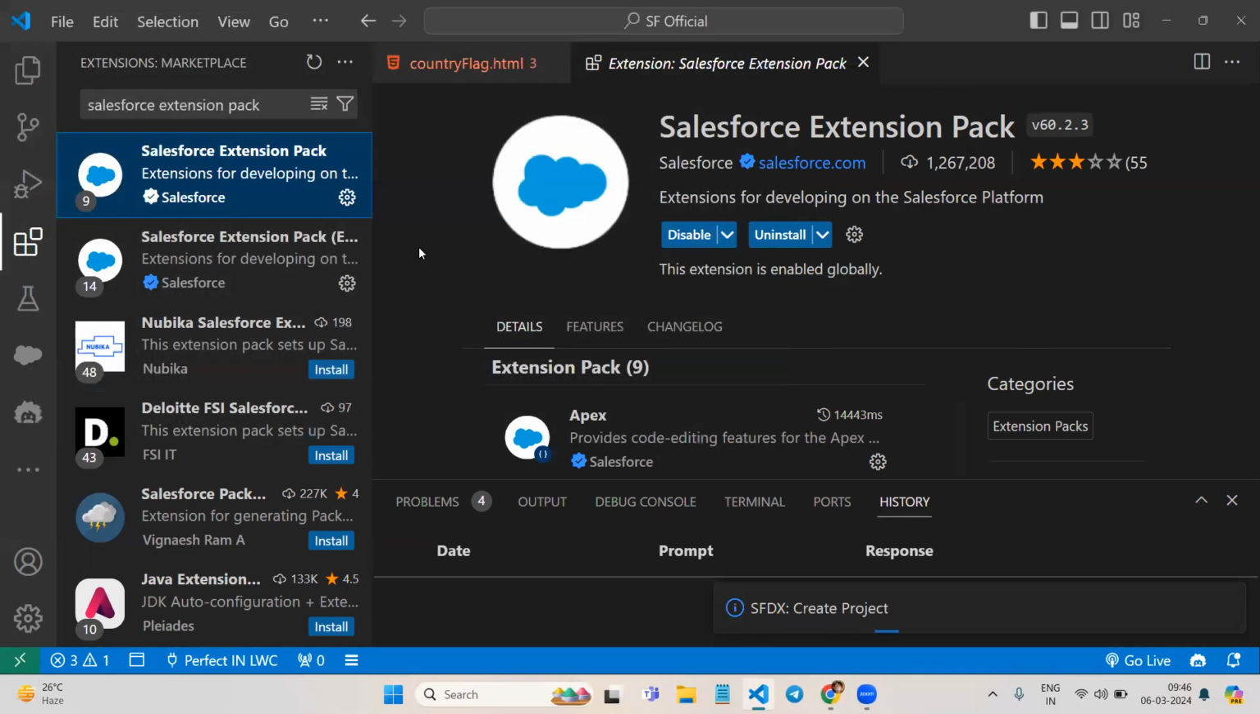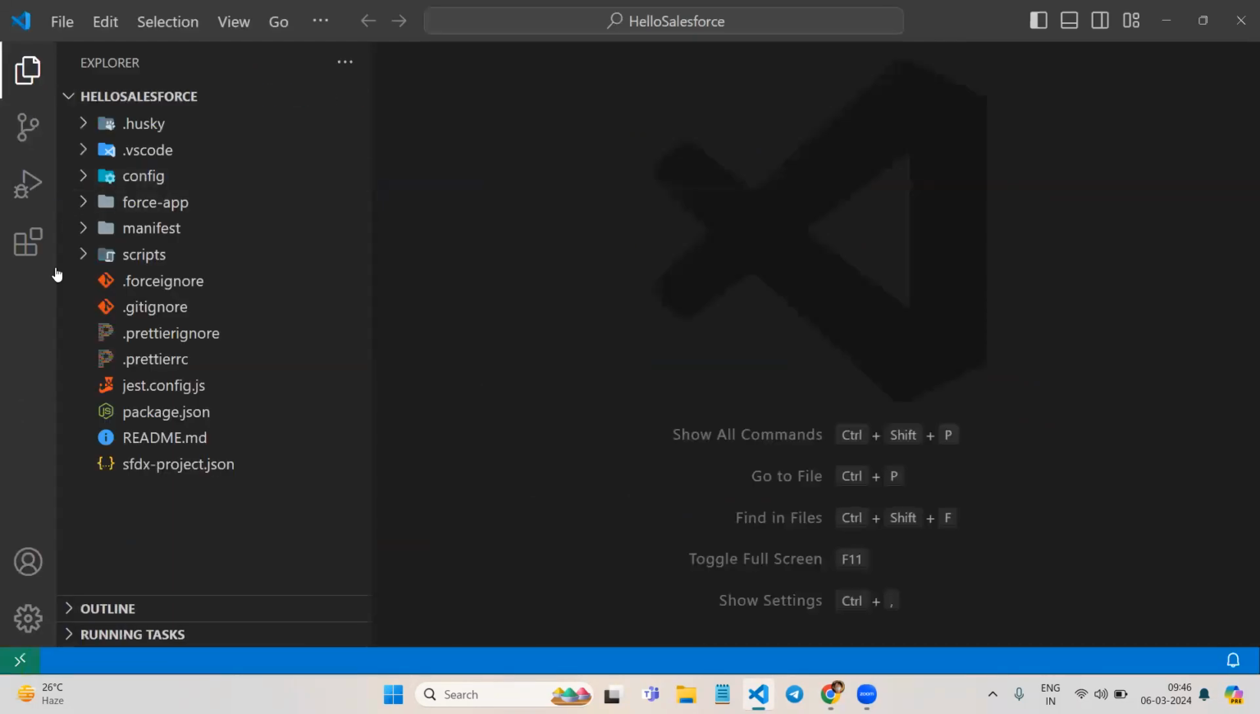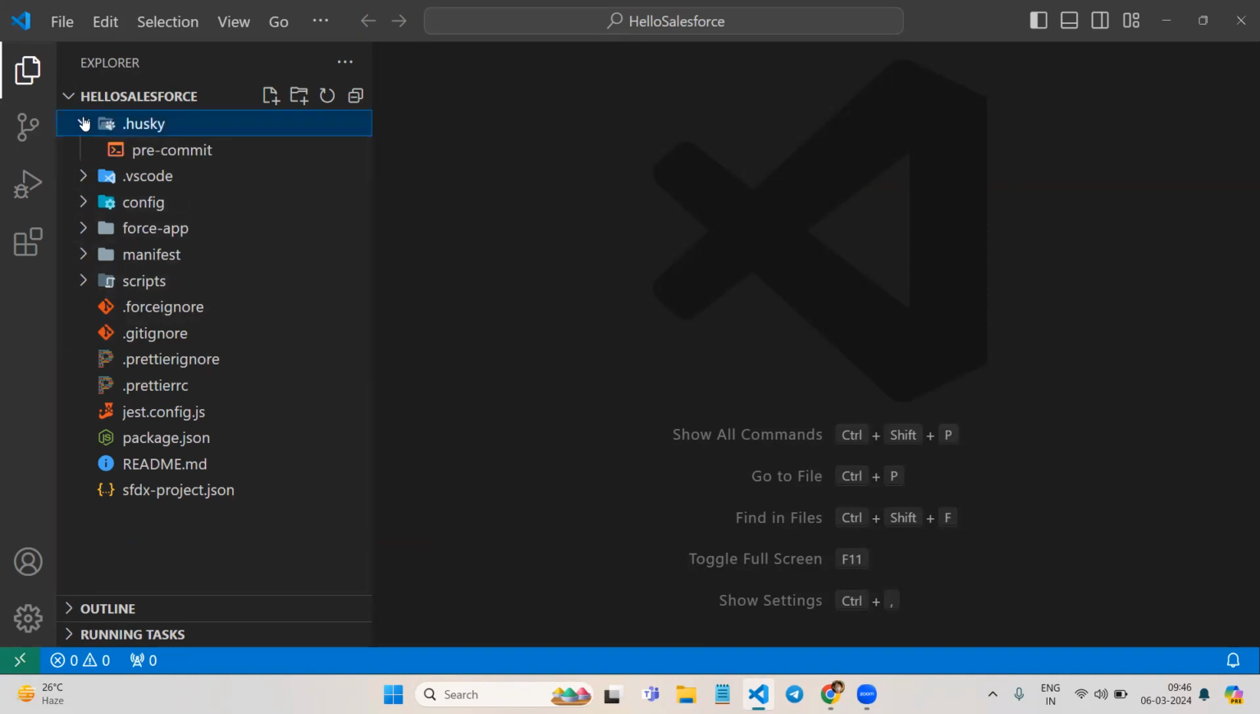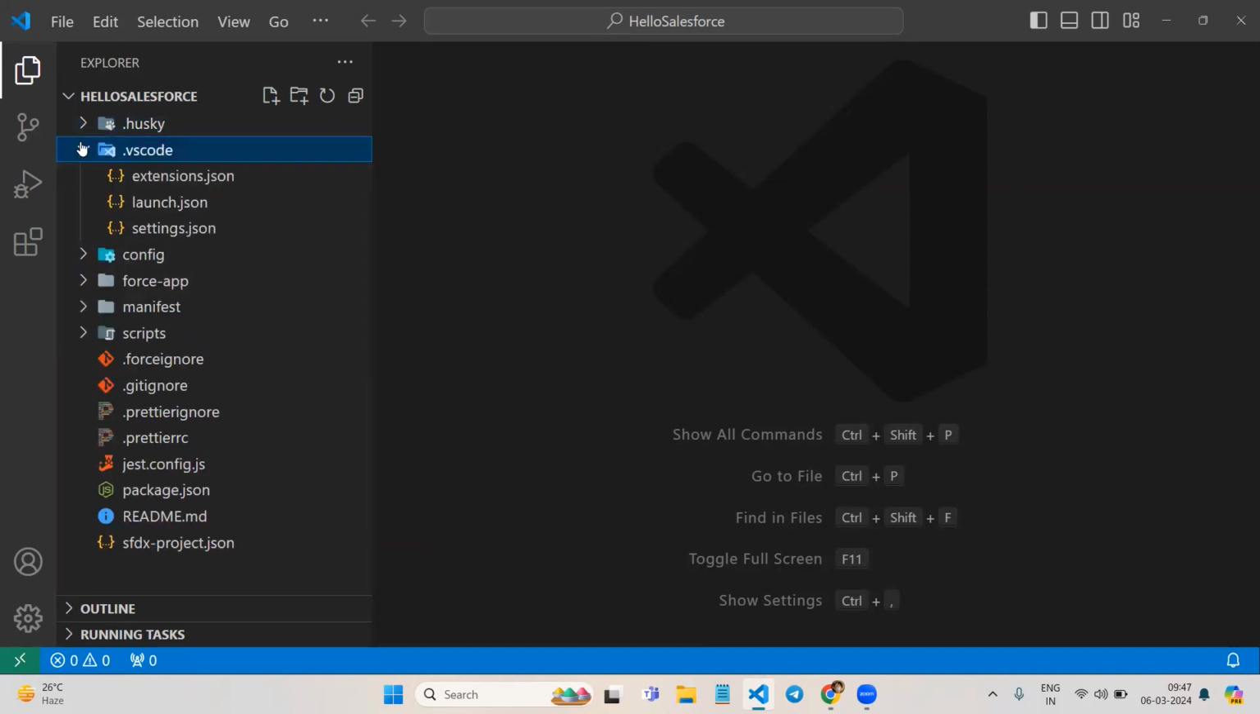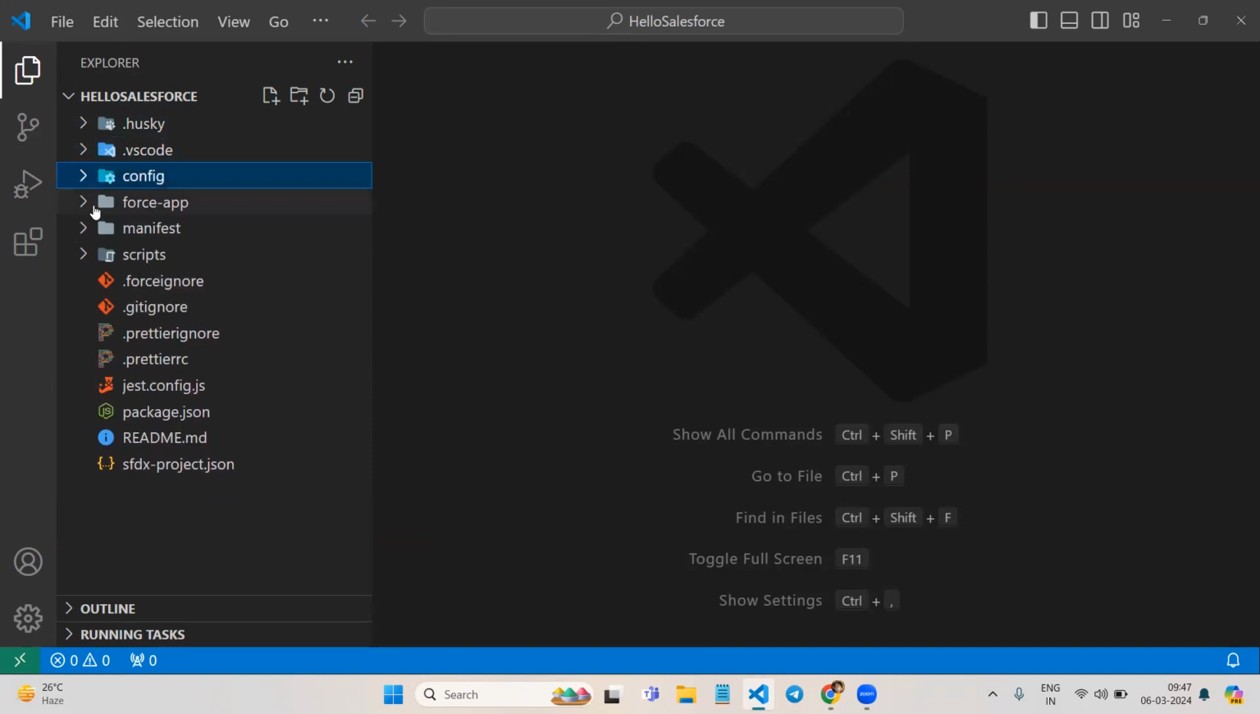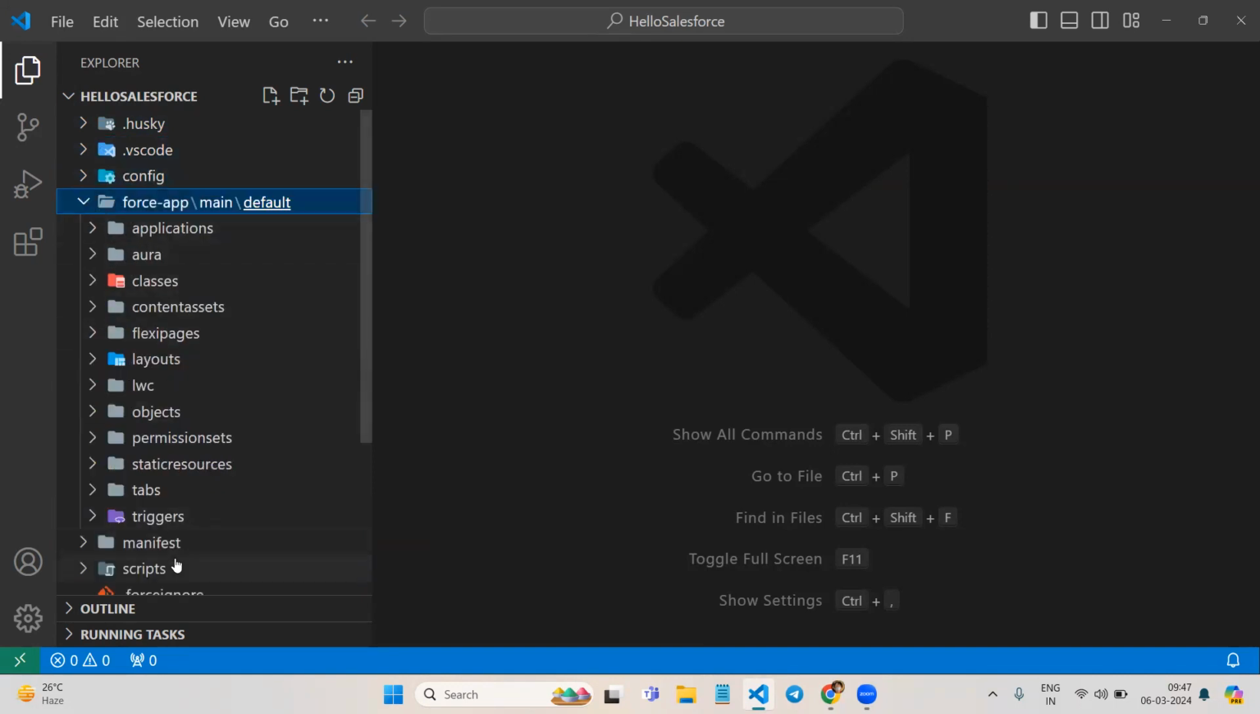So I have selected one. Then it will create a new project folder for me for this particular format. As you can see, a folder is created with a lot of customization for Salesforce. Like it has VS Code extensions, config files, Force app, which includes all our Salesforce data, just like the applications